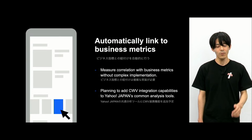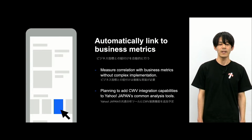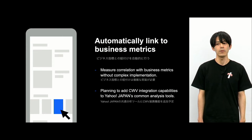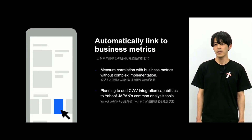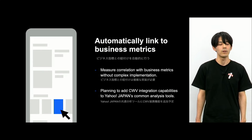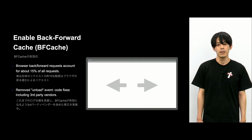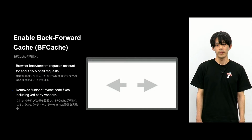And in order to associate that, the service side also needs to do some implementation. So what we are doing right now is that, without asking for any actions on the side of the services, business performance can also be relatively known. So this is linked to the company-wide log system, and in this way we are trying it. Another one is the